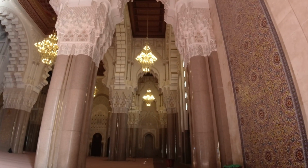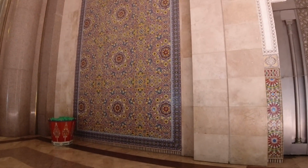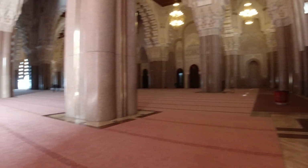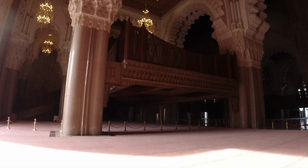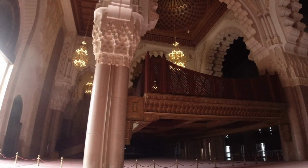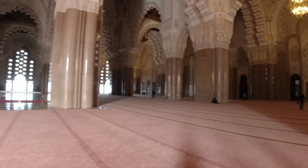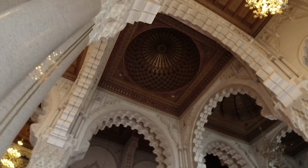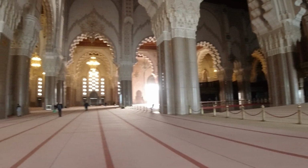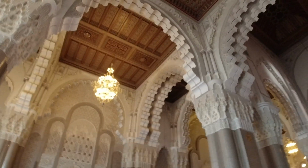Even the scale of this place on the inside is magnificent. This is amazing. The amount of architecture, if you appreciate architecture, if you appreciate art, if you appreciate religious buildings, then this is a place. This is an amazing mosque, as you can tell. Great architecture, great design,